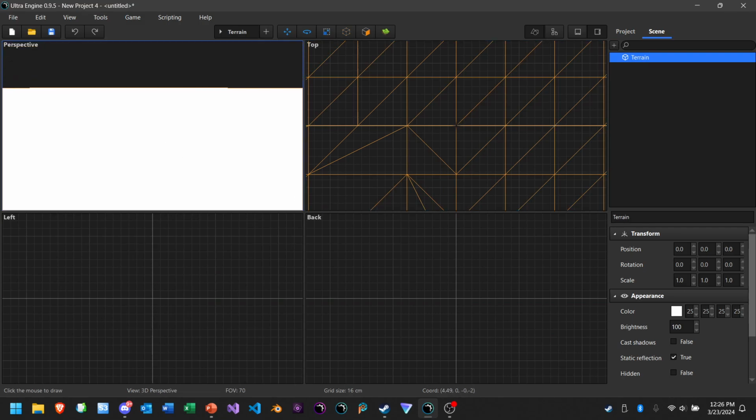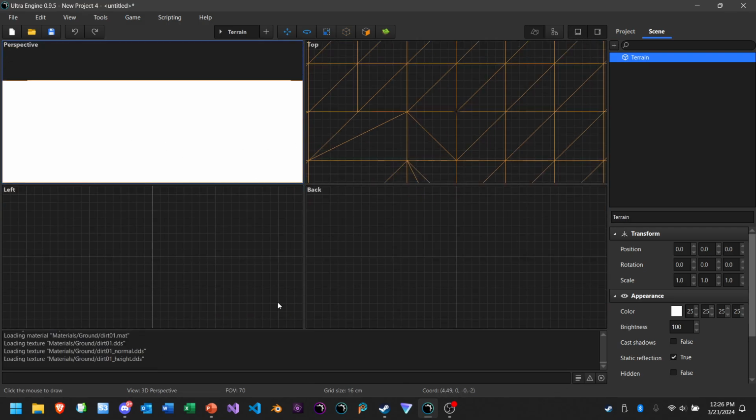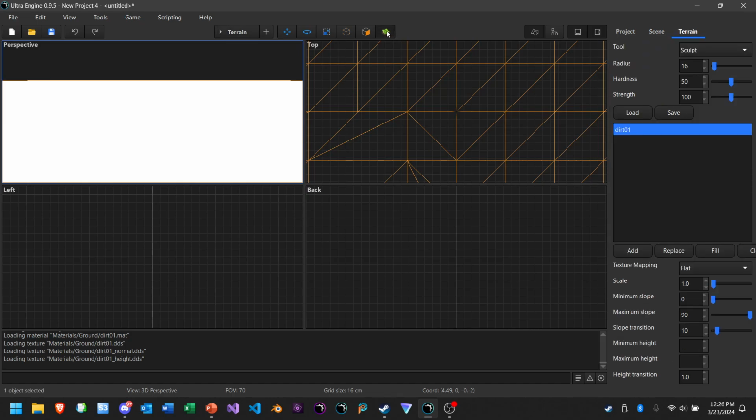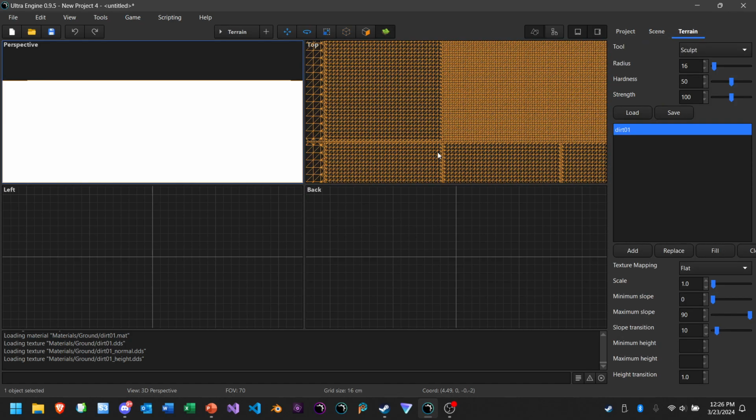Oh yeah, you have the same problem. Loading texture. Well, that's certainly not right. Why are the quads all messed up? Look at the... Oh, it's the